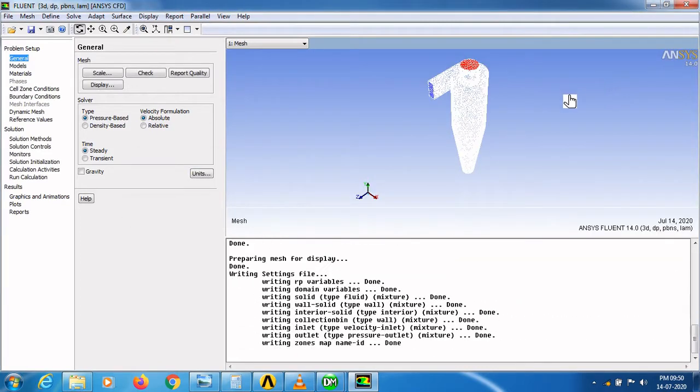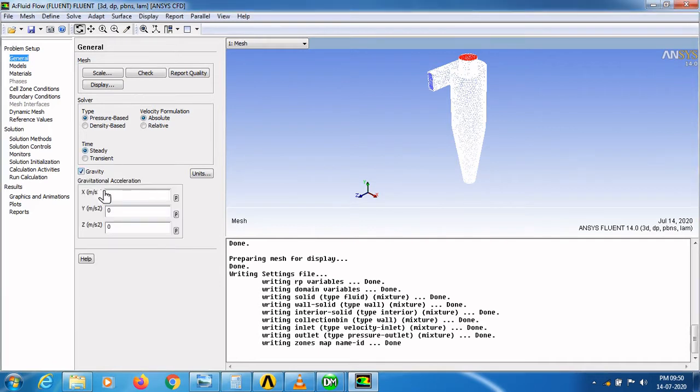Here you have to select pressure based solver and absolute velocity formulation. Here we are going to select steady state analysis and go to gravity option. Here you have to enter minus 9.81.